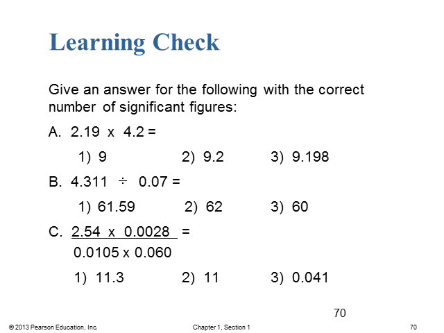So here we have to look at each value individually and look at how many significant figures they have. So 2.54, that's 3 significant figures. We have 0.0028, that is 2 significant figures. We have 0.0105, that is 3 significant figures, and 0.060, that is 2 significant figures. So the fewest number of significant figures reported in our measured values is 2, and so then we are allowed to report it as 11 exactly.